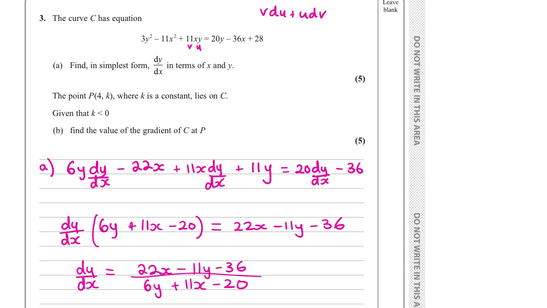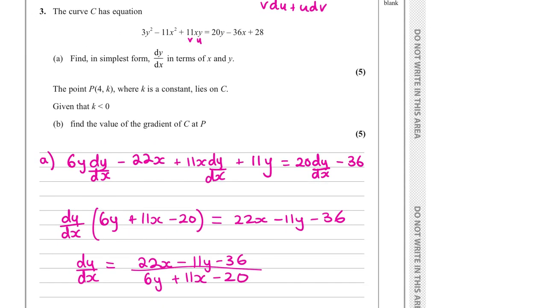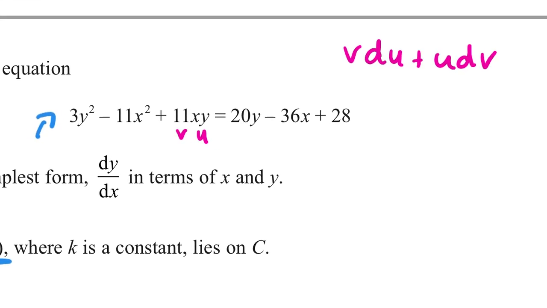So then, it says the point 4, k, where k is a constant, lies on C. Given that k is less than 0, find the value of the gradient of C at P. So first of all, I need to substitute in 4 into my original equation to find k. So if I do this, I'm going to have